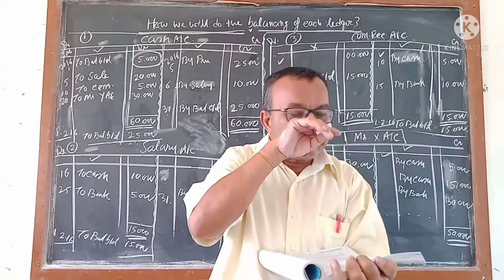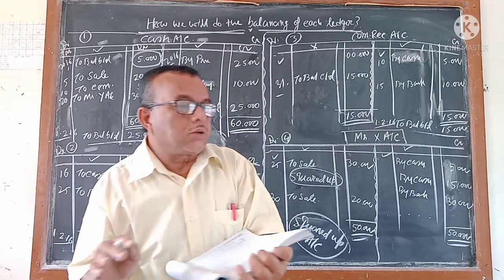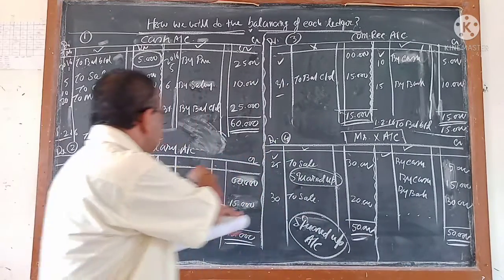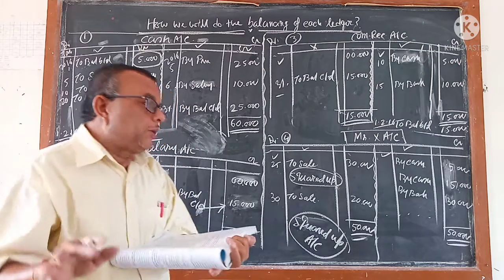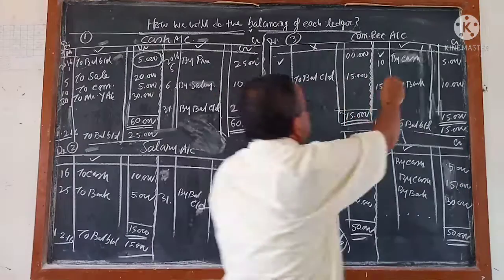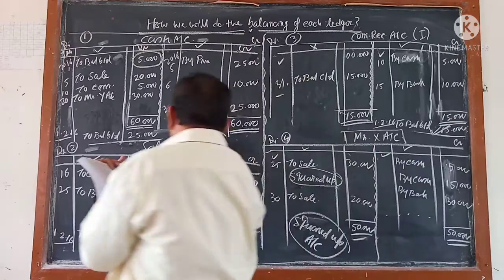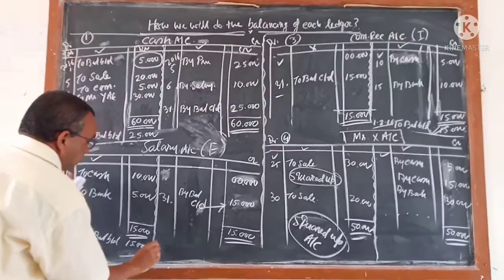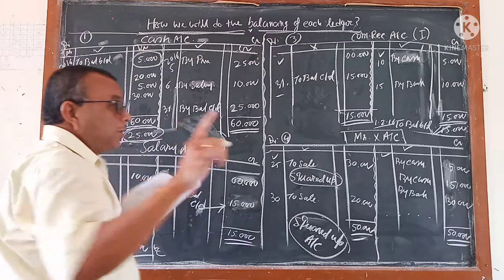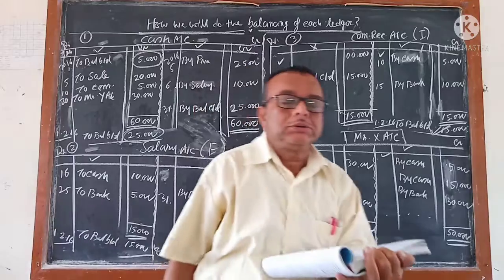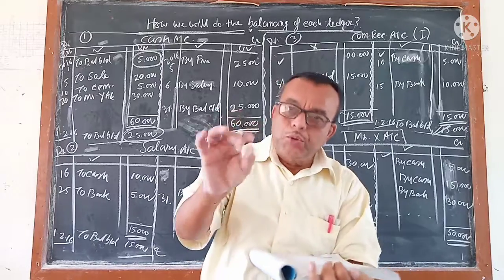Some of the accounts you cannot say whether it comes debit balance or credit balance, like the personal accounts, Mr. X account, Y account, Z account. Expense account, say the salary account, it will always come in debit balance. If I open this account it will come debit balance only. Income account, this is an income account, it always comes credit side balance. This is an expense account, it always comes debit side. Cash account will always come in debit, cash account will never come in credit balance. Like that, few of the accounts you cannot say whether it is debit balance or credit balance, but few accounts you can say.